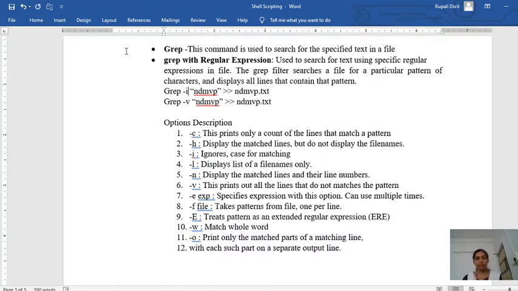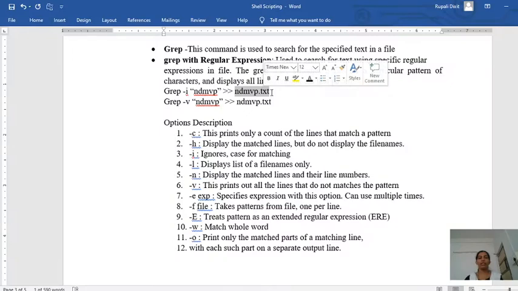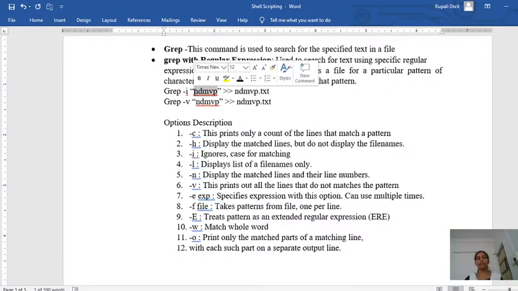So if I use -i, then what am I going to search with grep -i? I am going to search the string endmvp, in the file endmvp.txt. So in the specified file, I'll be searching this string by using the grep command, without matching the case. But if I use -v, then what will happen?